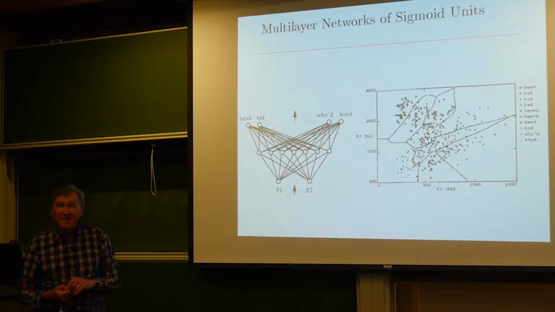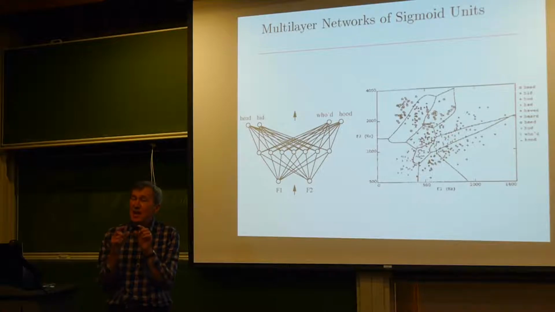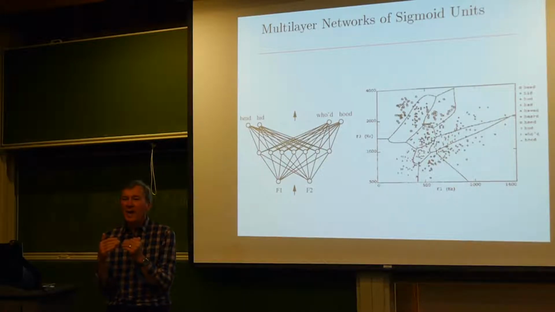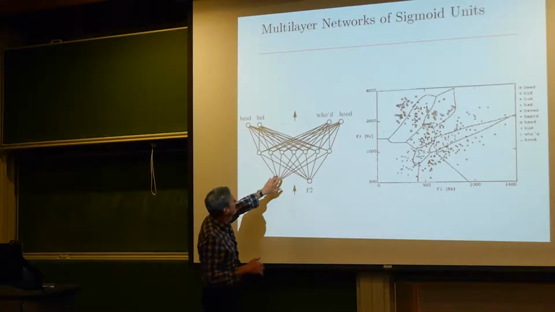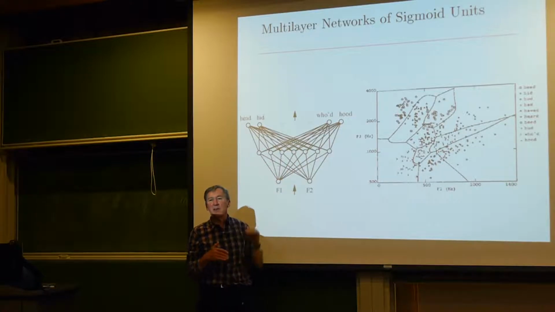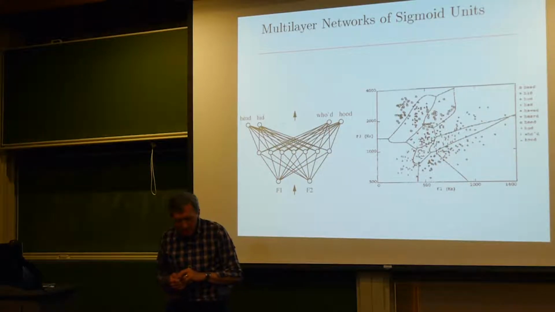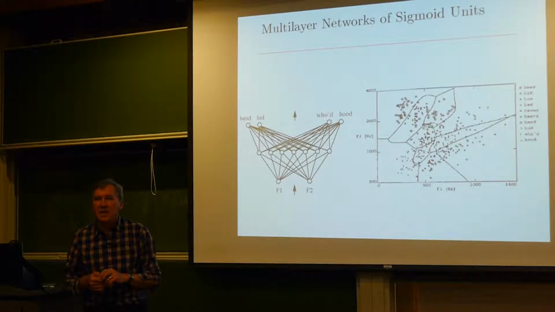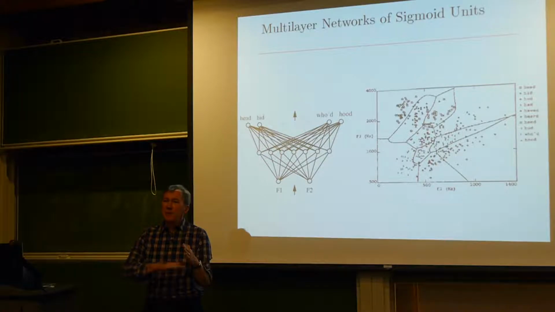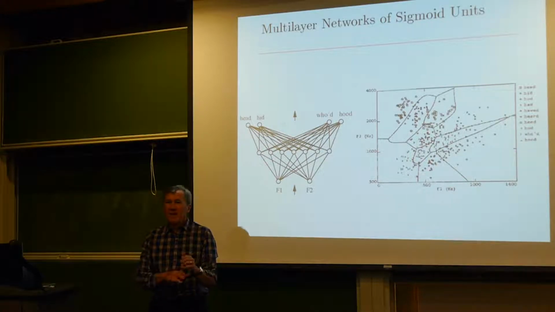It's not a combination of linear separators because it turns out a linear function of a linear function is a linear function. So if each of these is a linear function, there's no way you can compose linear functions to produce a nonlinear function. And while it is true that logistic regression produces a linear decision surface, it produces a continuous output between 0 and 1. And so